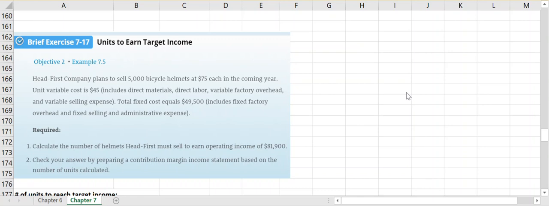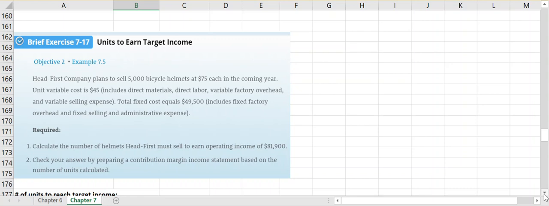So this gives a company an idea of how much they would have to sell in order to achieve that desired operating income. They tell us that Head First Company plans to sell 5,000 bicycle helmets at $75 each. The unit variable cost is $45, and our total fixed overhead and our fixed selling and administrative expense combined equals $49,500. So they want us to calculate the number of helmets that they must sell in order to earn an operating income of